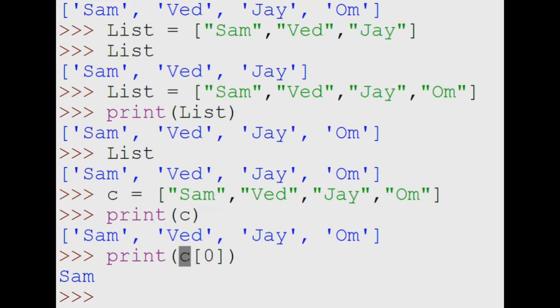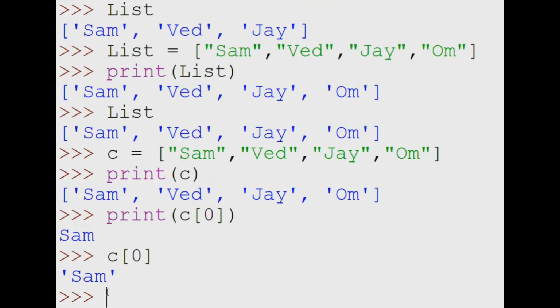That's why we use print. It can give us this value also. If we write like this, it will give or not? Tell me. Yes, it will give. But if we didn't want this, we write print. It will give us this also, but we will use print in future. So I am using print.